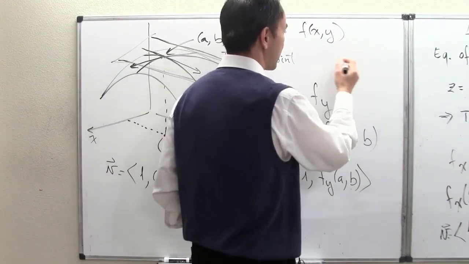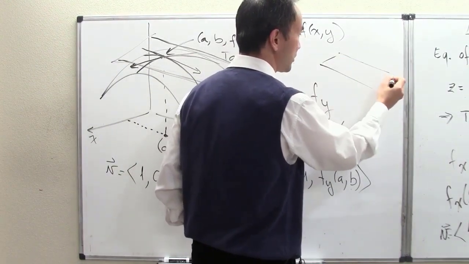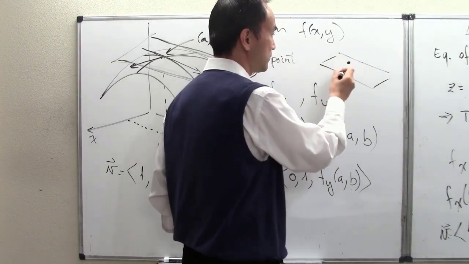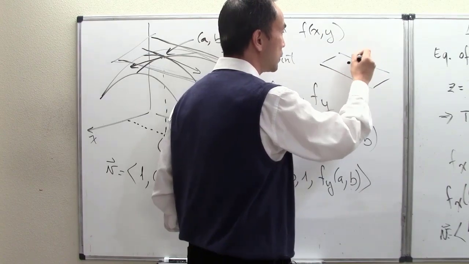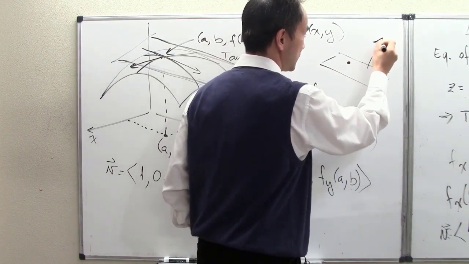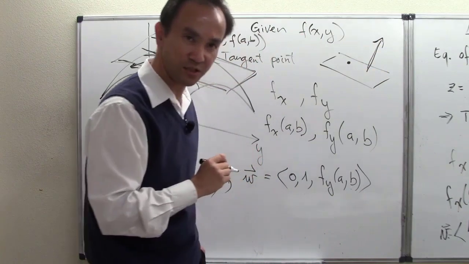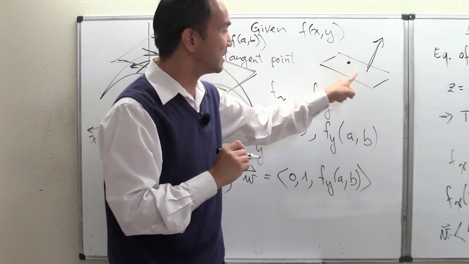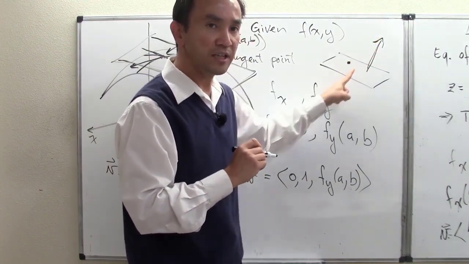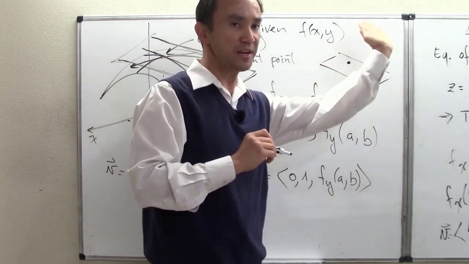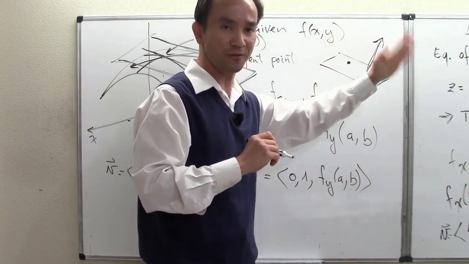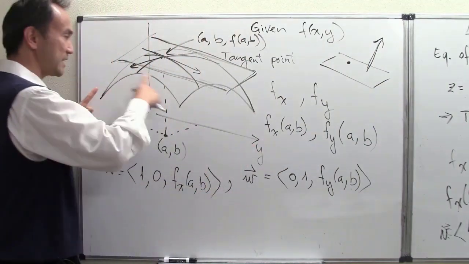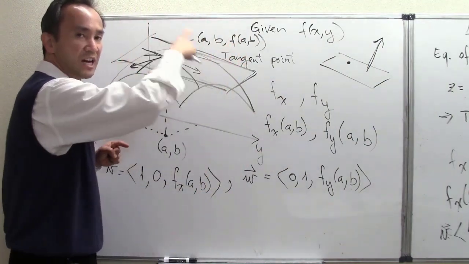Anytime we find the equation of a tangent plane, we need to know a point that locates the plane, and then we need to know the normal vector indicating where the plane is facing. That's how I tend to explain it to my students. Either it's facing that way, or this way, or that way. Normal vector. Right now we haven't found a normal vector for our desired tangent plane yet,